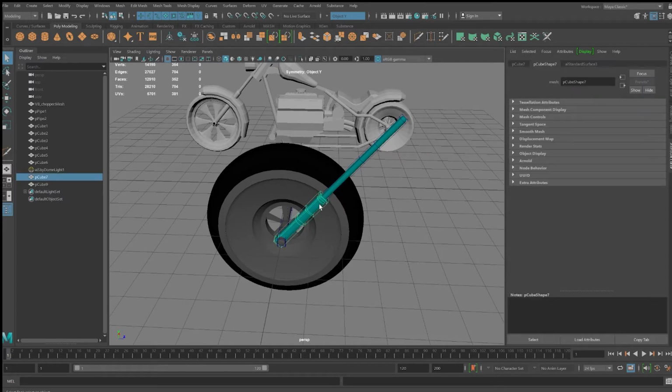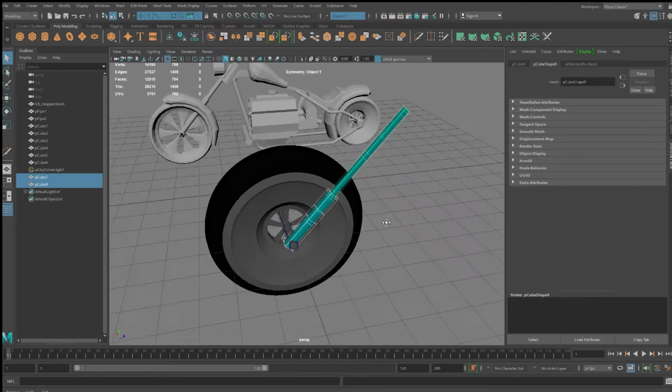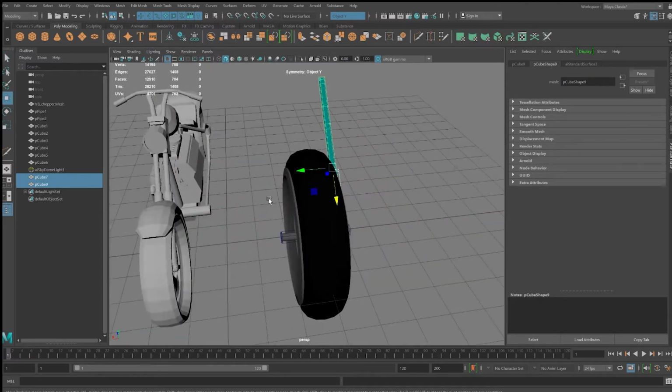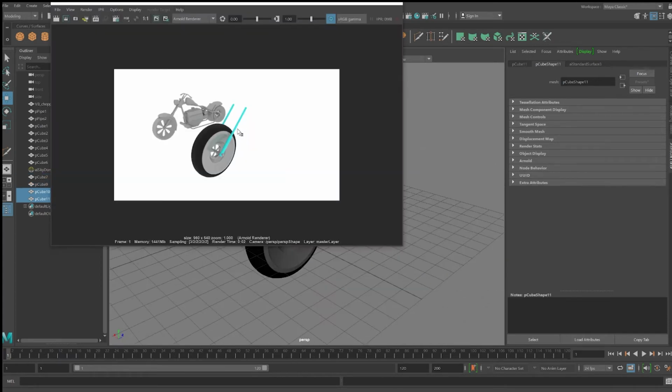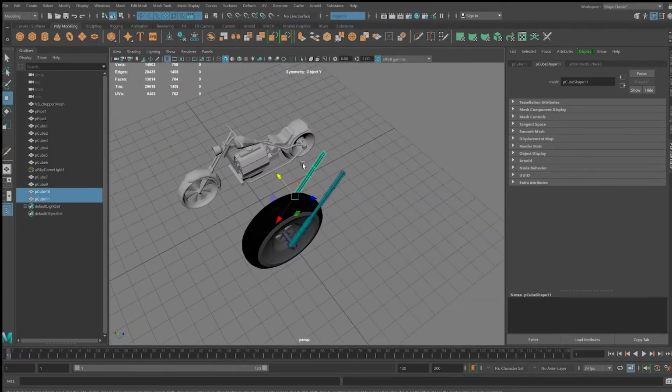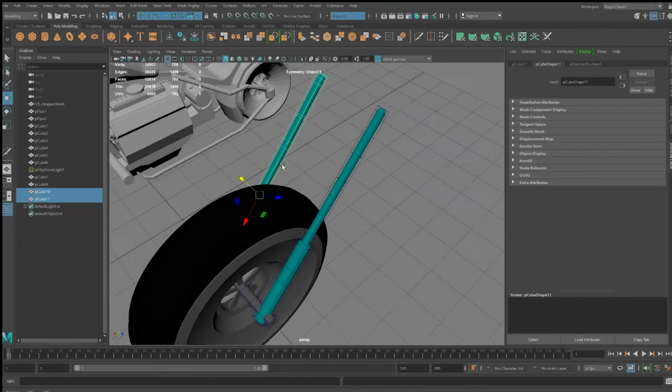I'm selecting this one and this one, Shift clicking, and I'm going to clone both of them onto the other side. I want to make it thicker so it looks more sturdy, but I'm thinking it'd be more dramatic if I would continue with this very thin, like everything that holds together the bike would be thin, and just the wheels and the engine are the heavy objects. Since this is my own design,